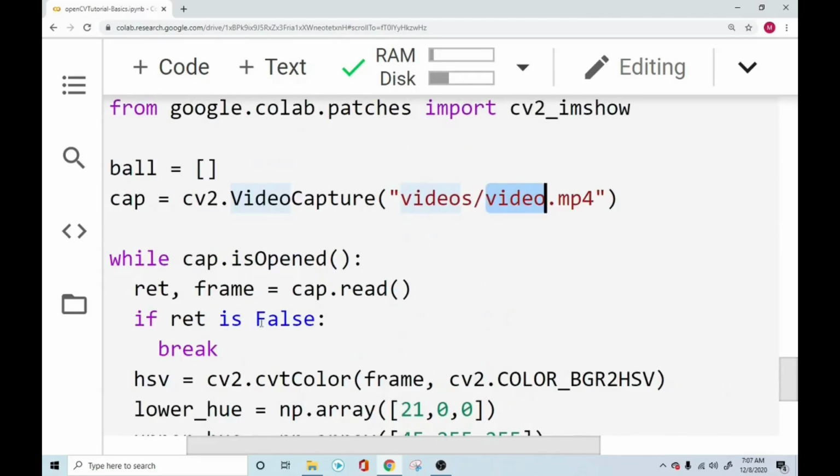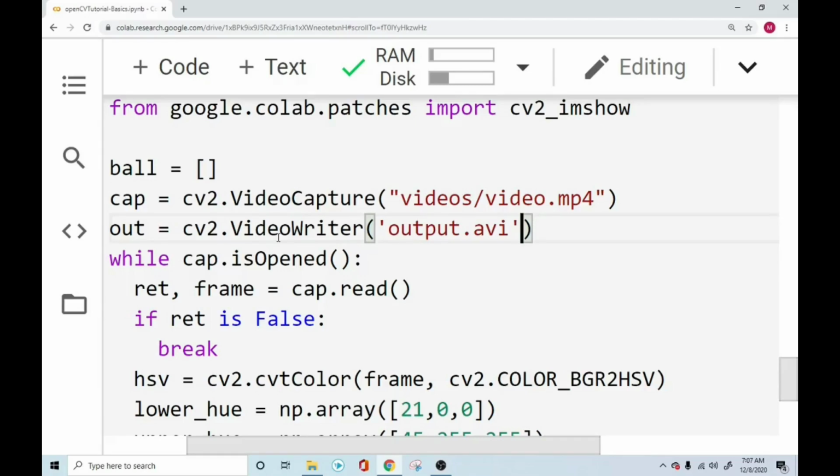Instead of that, we will not only read this video file, but we'll also save it as a video file. OpenCV allows us to create videos using a video writer function. So we'll call a variable, like we call the variable capture to read videos, we'll call a variable called output or out, and we'll say OpenCV, use your video writer function to write a video file for me. And for that purpose, you're going to create an output AVI file,